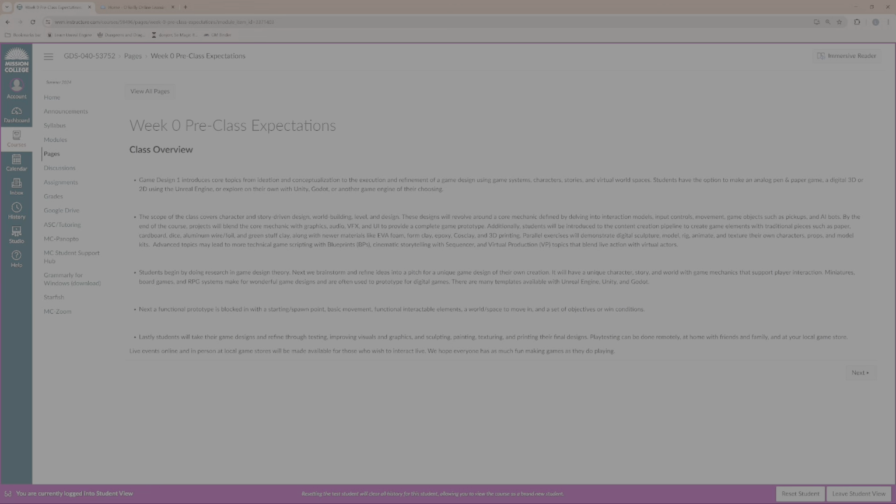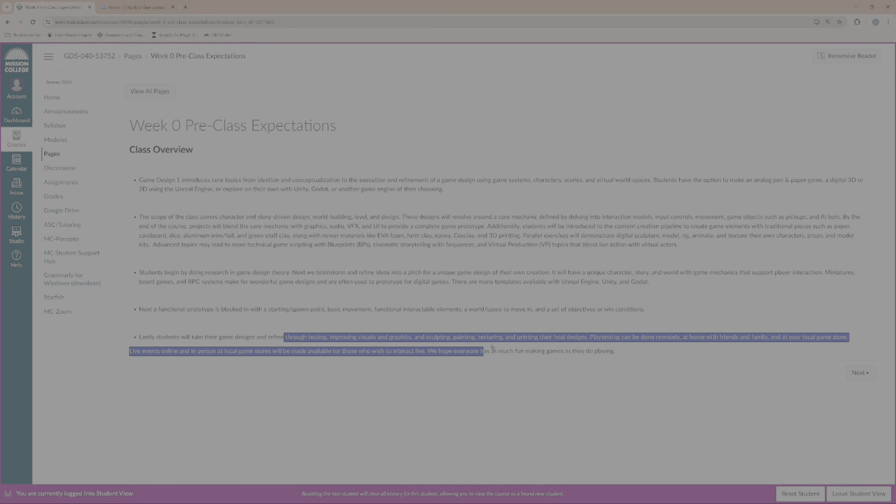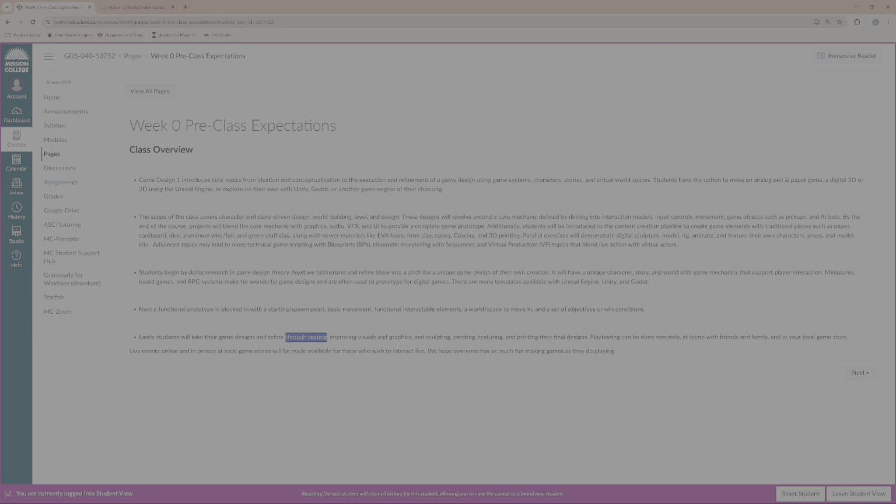At the end of the semester, depending on the different projects you're working on, you'll have various states of refinement. So you'll hopefully get to some level of testing and improvements. You'll decide for yourself if you really want to test the game, make it work well, and not focus on visuals and graphics. That is probably the most common way to make a good board game or video game: make sure it's fun without all the pretty jingles and sparkles and painting and models. If it plays well without the skin, then you probably have a good game on your hands.